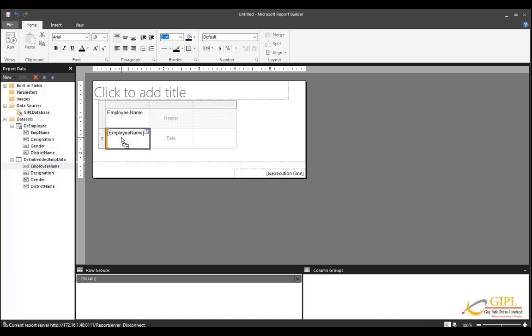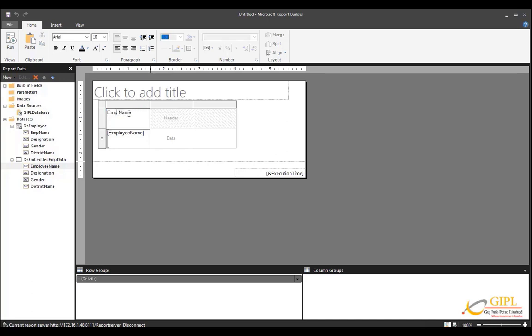When you drop the field into the first column, two things happen. First, Report Designer displays the field name, known as a field expression, in brackets, [EmployeeName], in the data cell. Second, it adds a column label to the header row just above the field expression by default. The column label is the name of the field. You can select the column label and type a new value if you want to change it.